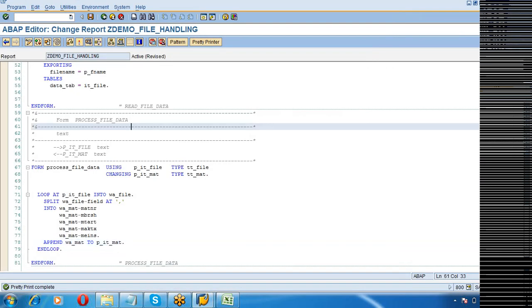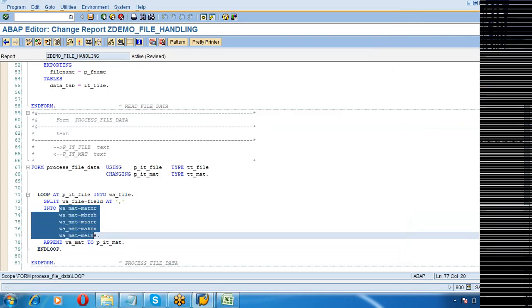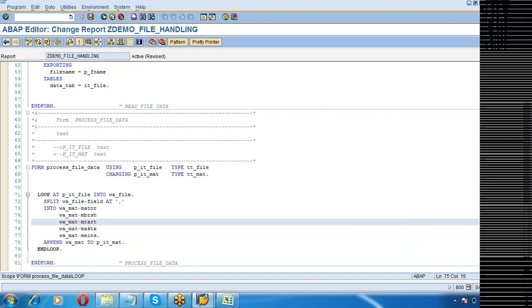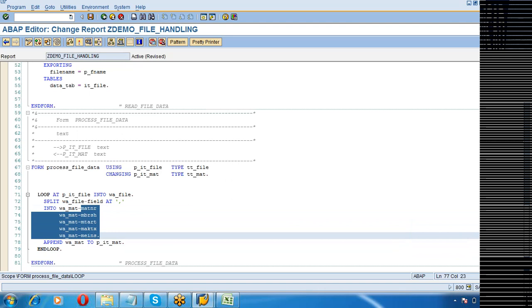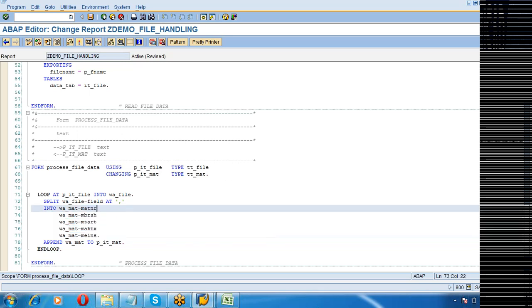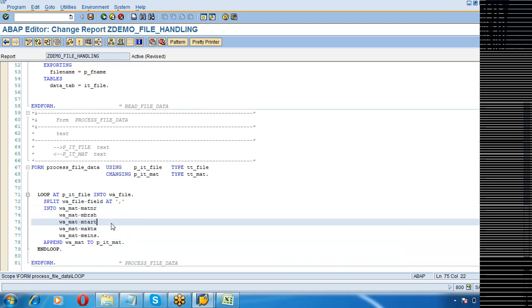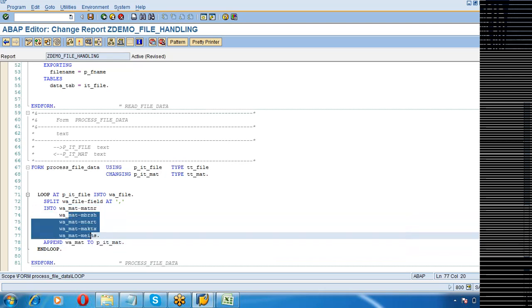Only based on this can you start building up your file format. Once the file format is available, then based on that input only, you are going to do this split. I should know what is the content of my file. Then only I will come to know what is the first field, what is the second field. The order in which you are planning to split the file is very important. A subtle change in the order and the whole idea is lost. Wrong values will go and sit into the wrong field. So it is extremely important that we know the file format.